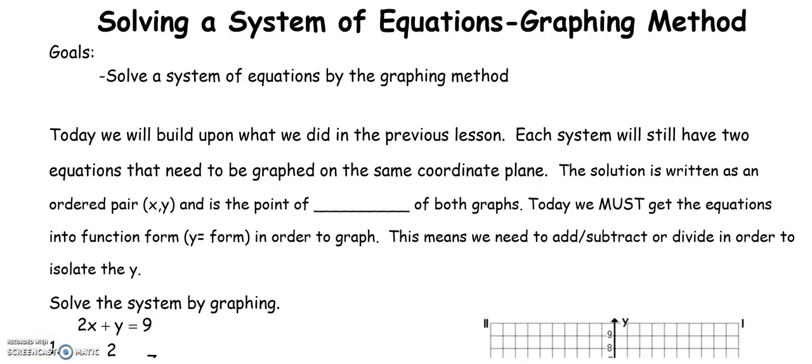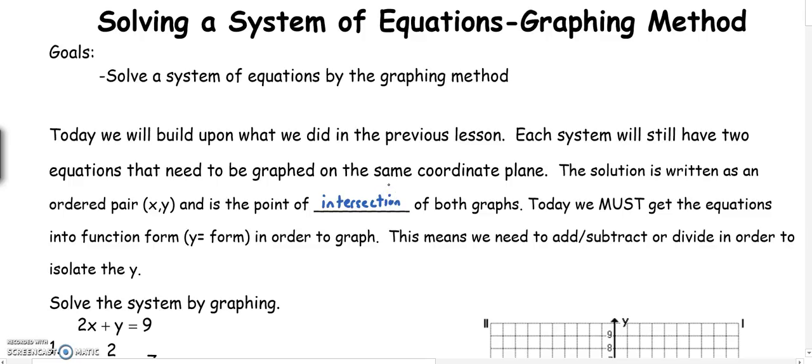This video is about solving a system of equations using the graphing method, part 2. So today we are going to build upon what we did in the previous lesson. Each system will still have two equations that need to be graphed on the same coordinate plane. The solution is written as an ordered pair and is the point of intersection